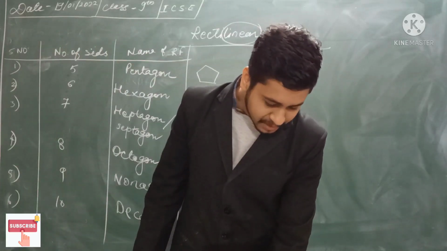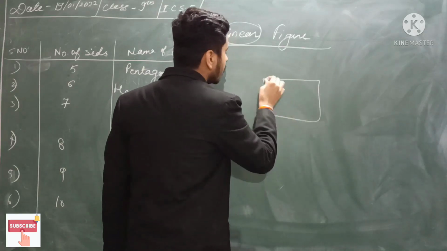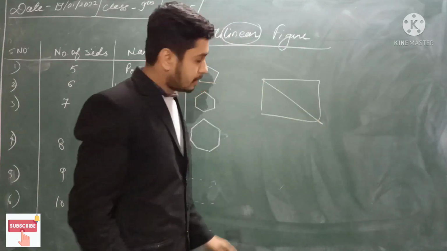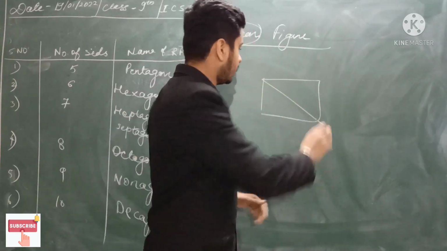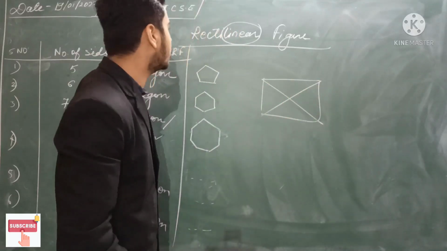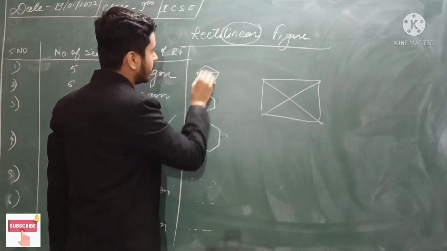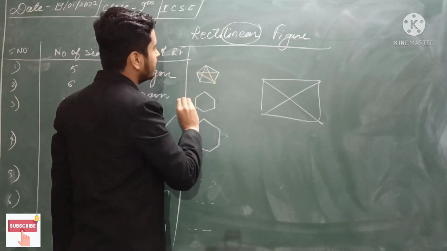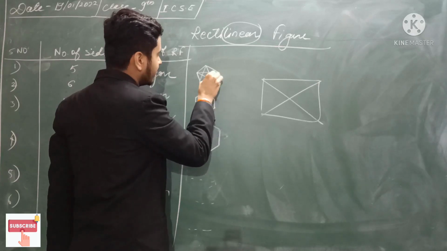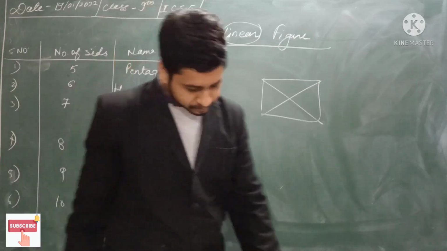Okay, then comes the diagonal of a polygon. We know the meaning of a diagonal: a line which connects two opposite points like this. As we can see here, it has 2 diagonals. Here, how can you make a diagonal? This one, this one, this one. These 2 can be made diagonals. Okay, this can also be made a diagonal. So such types of diagonals we can make.